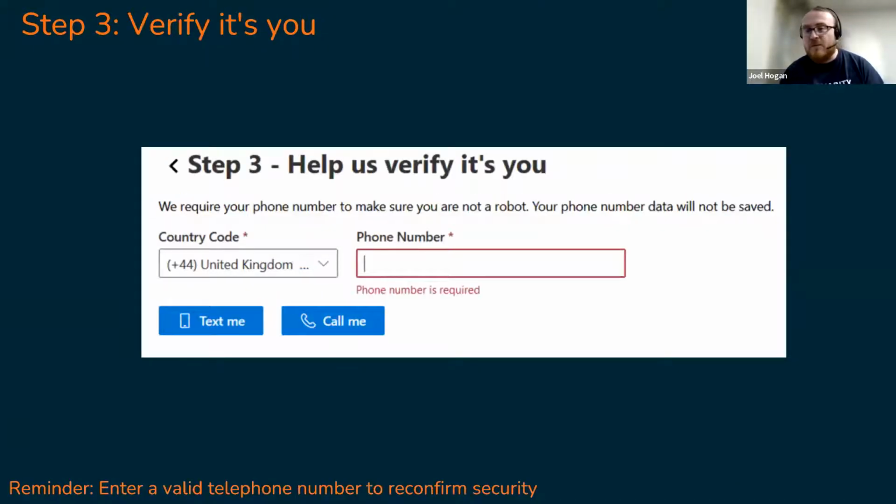And then here's another form of authentication. So here you enter your telephone number. Again, make sure that it is one that you can access, because there's going to be a code that comes through to you either via text or call, whichever you prefer. I personally prefer text just because it's quicker that way. Calls can be quick as well, but I just like the numbers there. You can just quickly get it and then proceed further. Not much else to explain there.